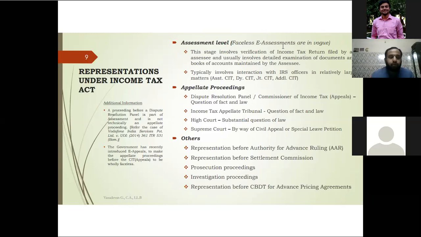But the practice of income tax law, or any tax law for that matter, needs a lot of patience, because you won't get your case immediately, since the matters involve a lot of financial implication, representation. There are a lot of forums within the Income Tax Act itself. So you can go before advance